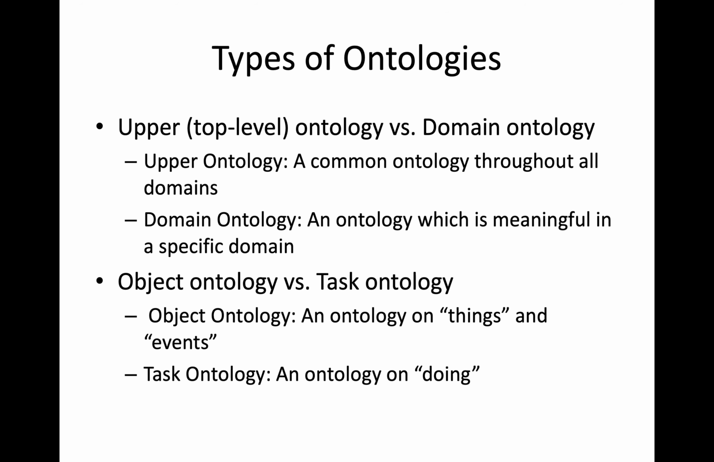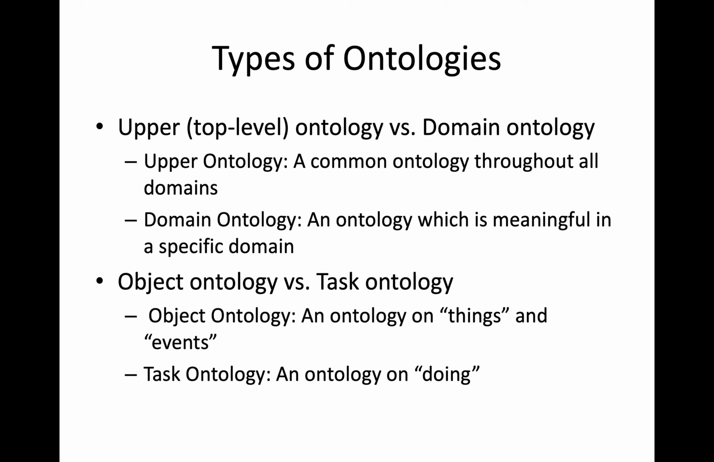So, types of ontology. We could classify ontology based on various aspects. One of them could be upper ontology and domain ontology. Upper ontology is a common ontology throughout all domains, right? So this is a top level ontology that defines a kind of meta knowledge,